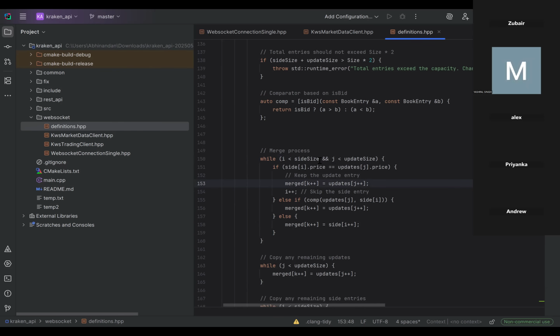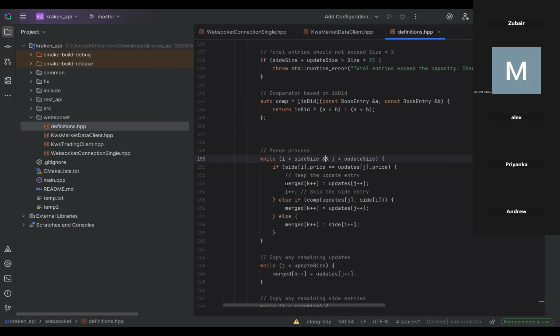Yeah, but this is the side, the side we're updating, either bid or ask, and this is the size of the updates. Whenever our index goes above those, any of those, then we're supposed to stop, right? For example, if our update size is just 2, what we'll do is compare the price of our current first element, and if the price is the same, then we'll keep